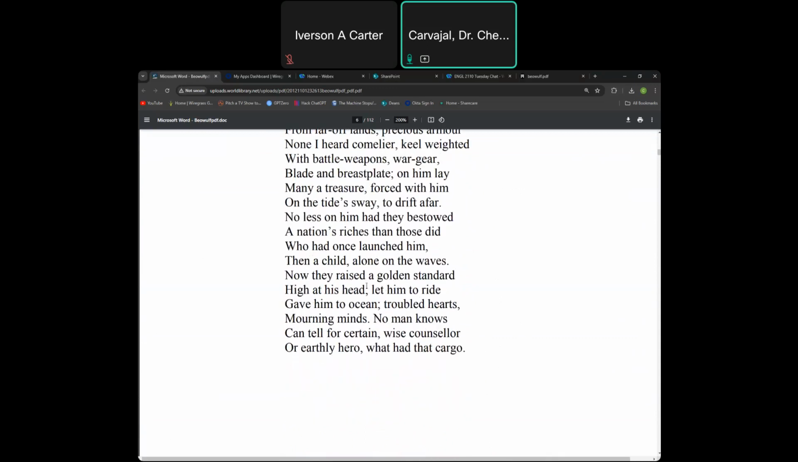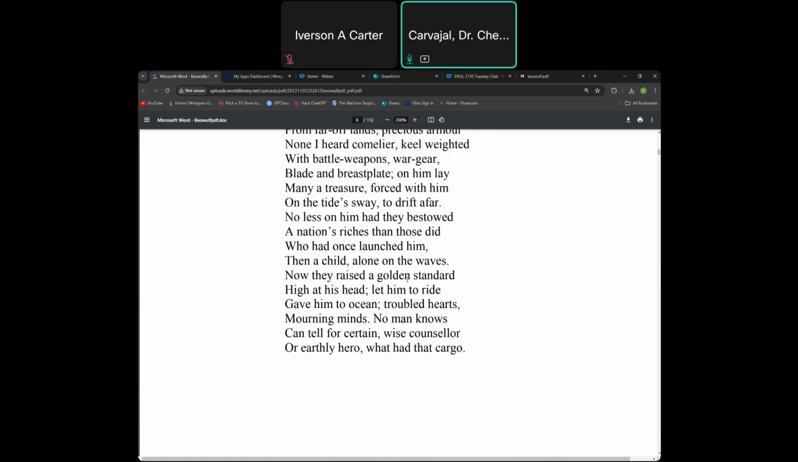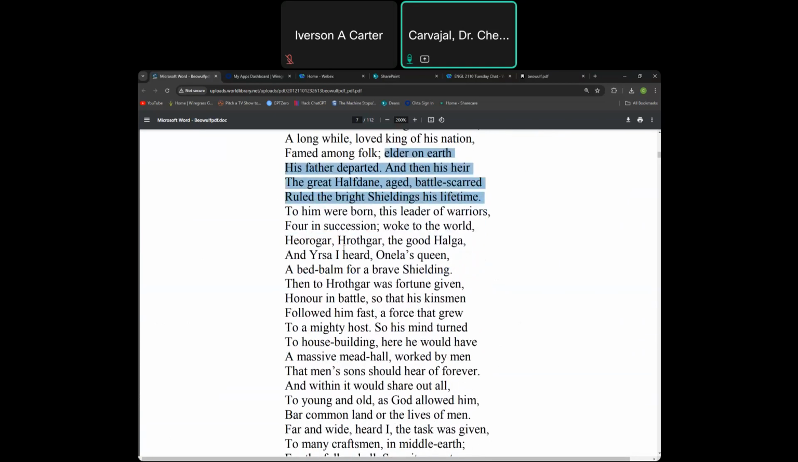If nothing else, it's just saying that there was a long line of kings, and they were all famous and great. So then Beo the Shielding, again, it's still Beo, got really old, and then his father Shield departed. And then his heir, the great Halfdane, ruled the Bright Shieldings after his lifetime. To him were born four in succession: Heorogar, Hrothgar, Halga,